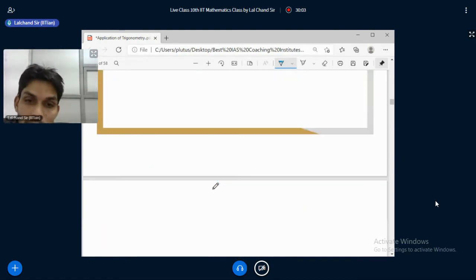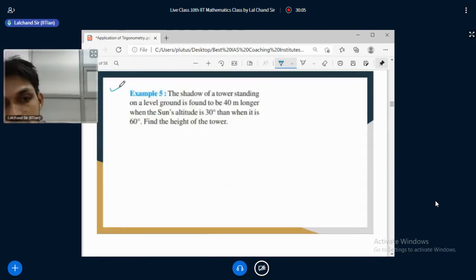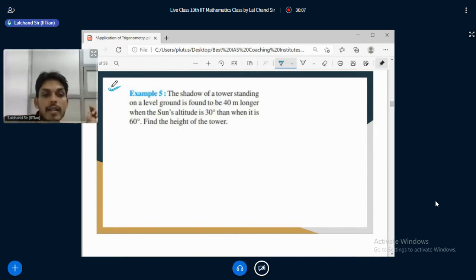Okay, so now try this problem. Krishna, we are solving height and distance problems. So I think you have a basic idea about height and distance, angle of elevation, angle of depression. So just try to solve this problem. If you face any doubt or any difficulty, let me know. Okay, and try to solve this problem.